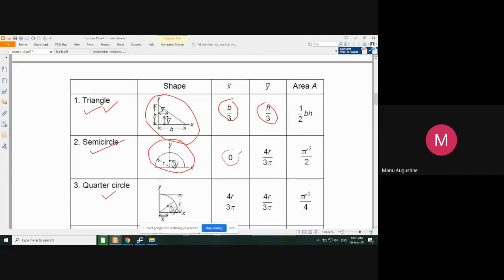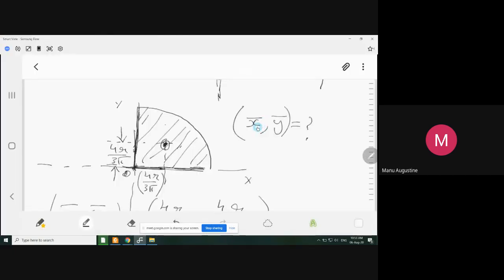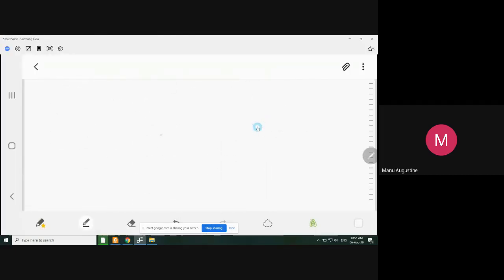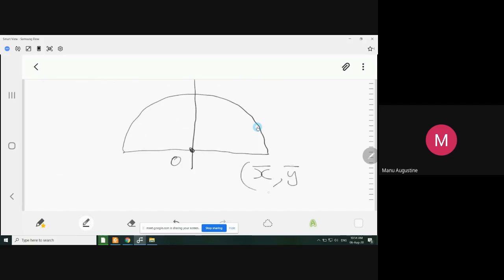x बार को 0 क्यों दे रखा है यहाँ पे, ये देखो, क्योंकि इन्होंने ओरिजिन ही ऐसा बनाया है। लुक एट दिस, सेमी सर्कल अगर आपने ऐसा बनाया और इसी को ओरिजिन बना लिया, और अब आपसे ये क्वेश्चन पूछा गया कि गिव द वैल्यू ऑफ x बार कॉमा y बार, तो आपको ये तो पता है कि सेंट्रॉइड जो है वो यहाँ पर है, कितनी ऊंचाई पे, 4r अपॉन 3 पाई की हाइट पर है, दिस वन। बट व्हाट इज द वैल्यू ऑफ x बार, ये तो इसी लाइन पर है ना, तो x बार कितना हुआ,